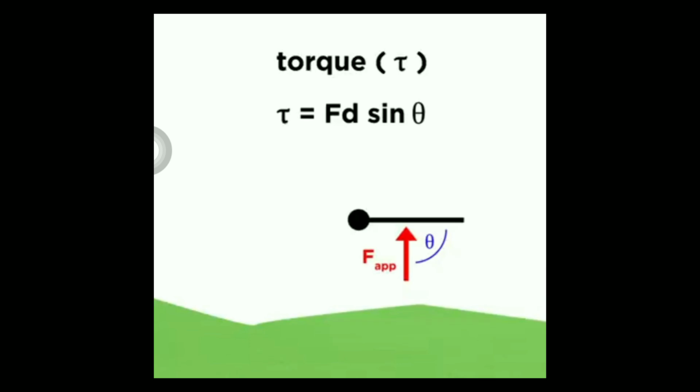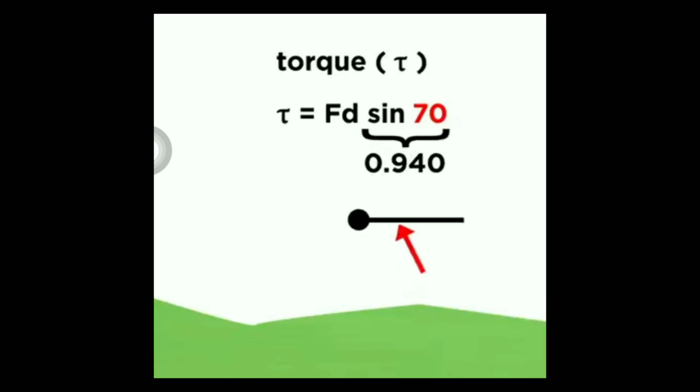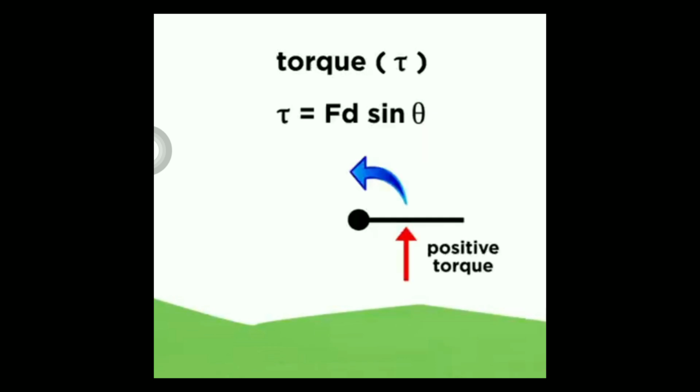How can we set a system into rotational motion? We can do this by generating something called a torque. Torque is defined as the ability of a force to rotate an object around some axis, whether we are looking at a wheel, a seesaw, or anything else that exhibits this kind of motion. And for now, we can just look at a top-down view of a panel attached to a rod, allowing for free rotation. Torque, represented by the Greek letter tau, will be equal to